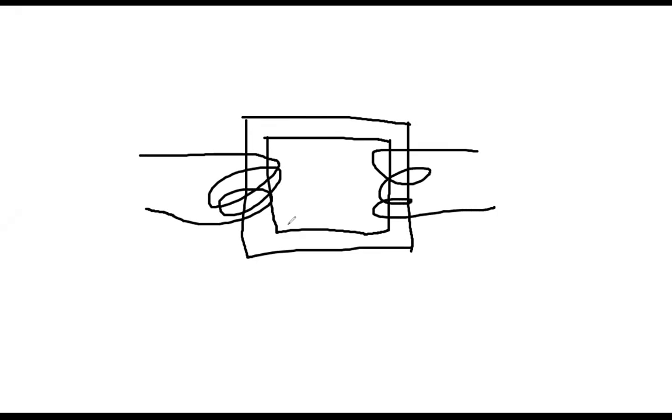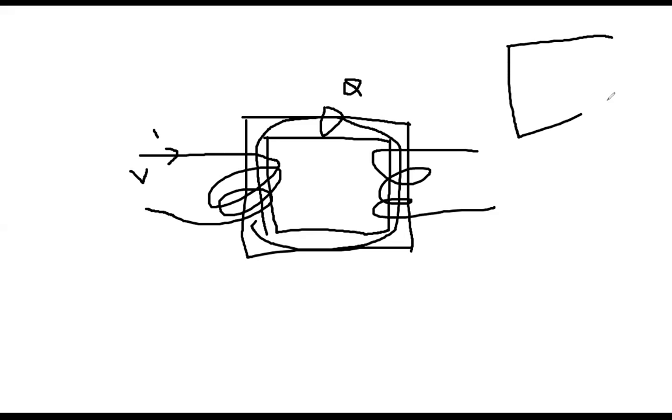For example, this side is our primary and then this side here. Once we apply the voltage here and current flows, as we discussed, the flux is created. So this is that flux. Now the thing is that this material, that rectangular or square body,